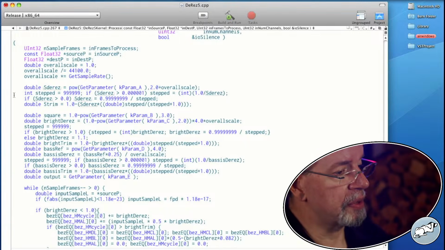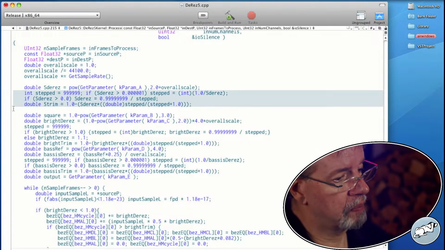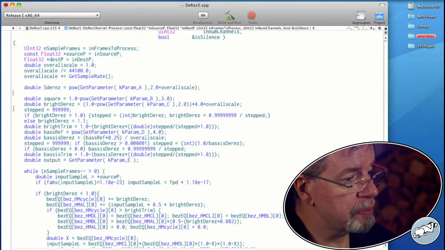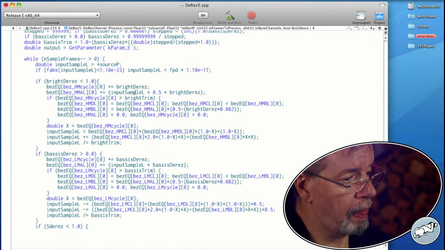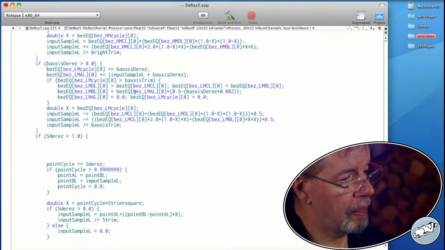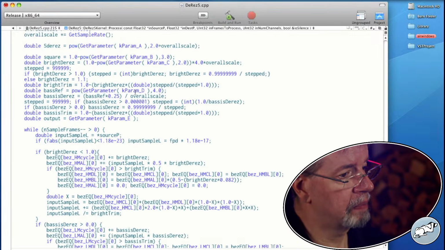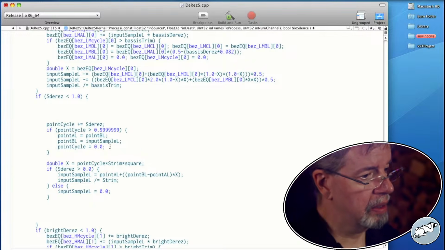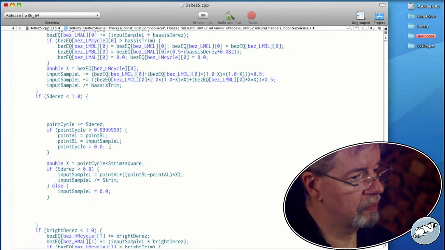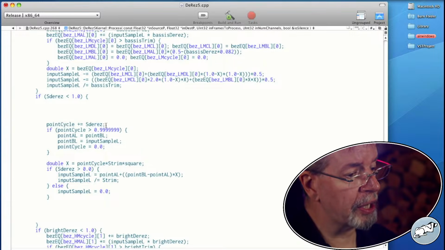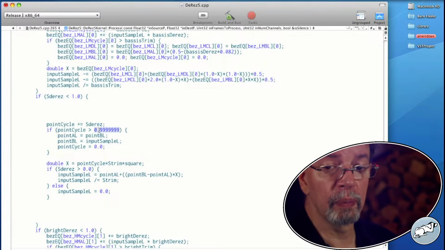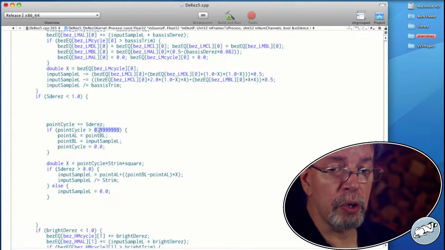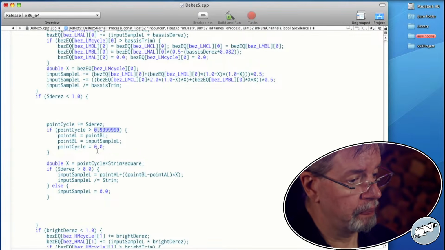So let's consider this. Supposing that wasn't there. Supposing we recalculated it every time point cycle got to or beyond 1.